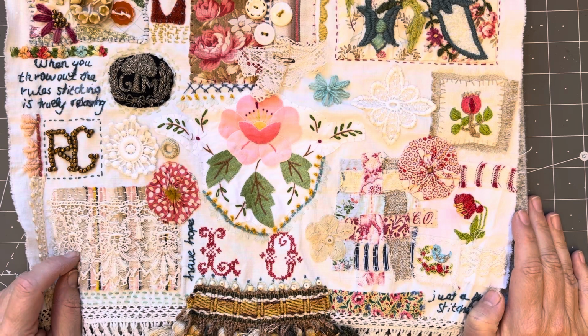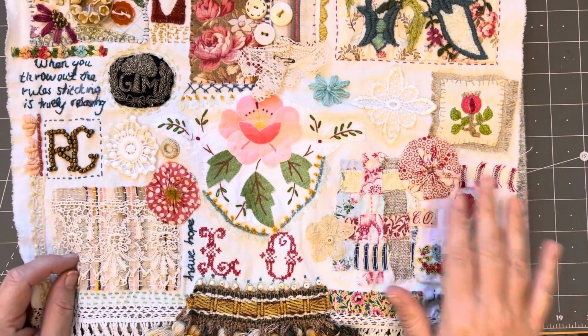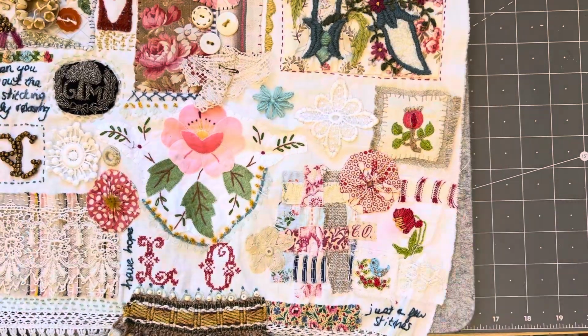So I'm going to put a few stitches here and there. I've stitched everything down and I need to finish this off. So let's have a look at it. First of all, I'm going to work on my puff. I'm just going to put a fluffy bit in the center like I did on the other one, and I